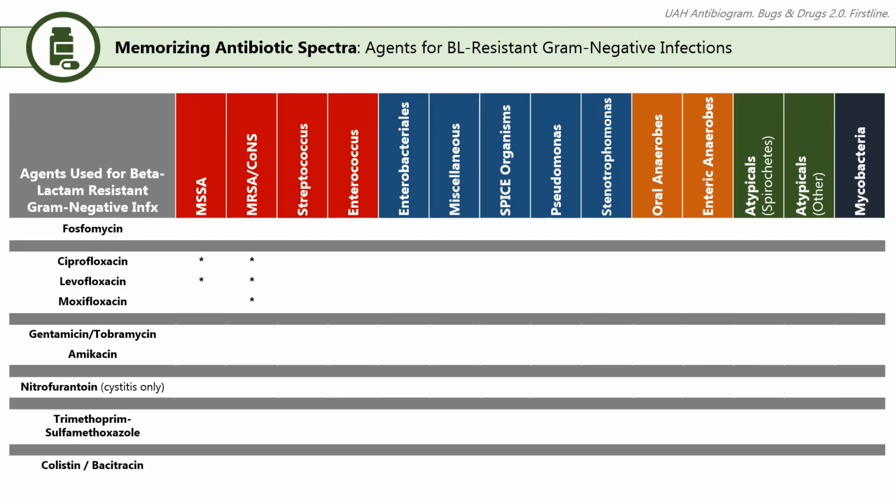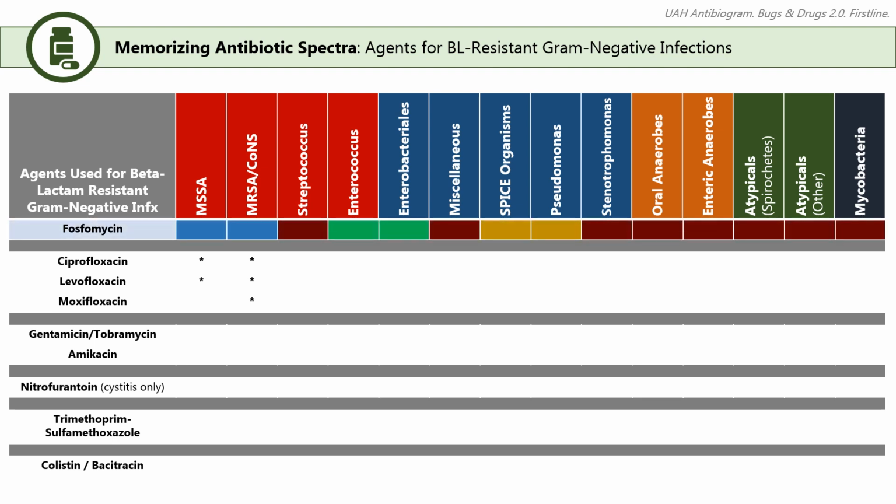Now let's get through the second mnemonic, FAN-PST. First, we have fosfomycin, which is mostly used as an oral powder sachet for urinary tract infections, but also has an IV form that is mostly used by ID specialists for resistant organisms. Notice that fosfomycin has great activity against Enterobacterales and even Enterococcus, making it a good option for lower urinary tract infections like cystitis. It has unreliable activity against other organisms, but in complex infections, it might be used in combination